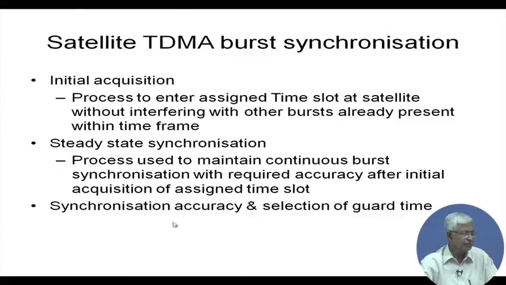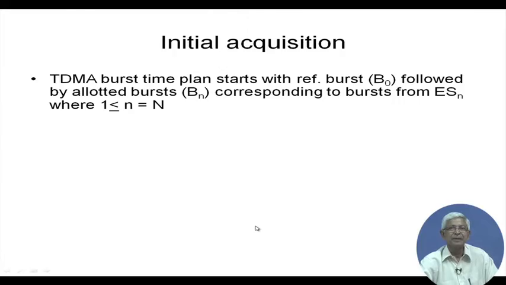And from these two we will try to derive what is synchronization accuracy and selection of the guard time. Now, let us say TDMA burst time plan, we will show you the plan. Let us define the nomenclature: the reference burst we will call B0, burst B, and 0 is the reference burst, followed by allotted bursts. There are n number of stations, so Bn corresponds to bursts from a station n, where n is 1 to